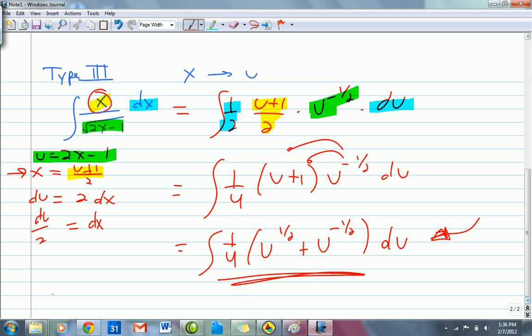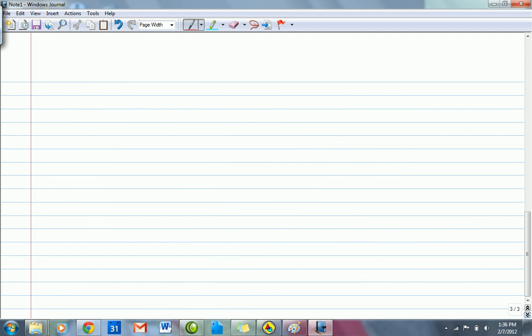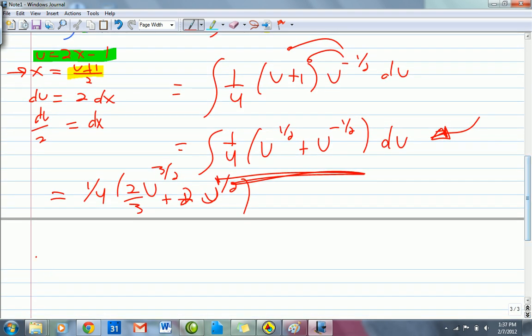So now I'm going to integrate. So the antiderivative of 1/4 times a quantity u to the 1/2. Well, if I integrate u to the 1/2, I'm going to bump the power up to 3/2. Divide by that new power. If I integrate u to the negative 1/2, the power goes up to positive 1/2. Divide by that new power. Divide by 1/2, multiply by 2. Okay, I'm running out of room here, but let's see if we can finish this off. 1/4 times a quantity